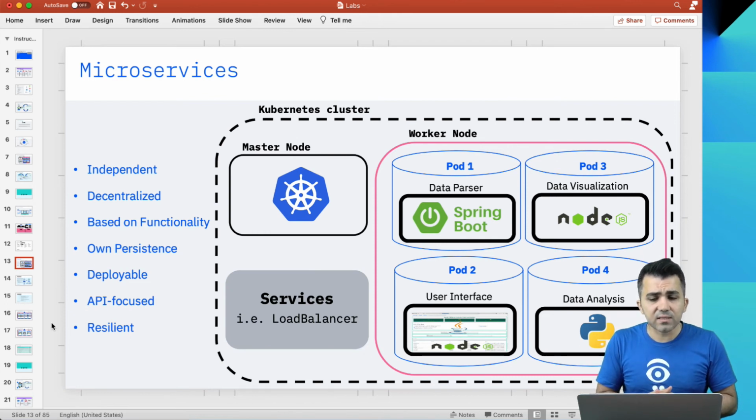As I told you earlier, we've got every microservice running in a pod within our Openshift or Kubernetes cluster, and each one of these pods or microservices is independent, decentralized, and based on a specific functionality. So the data parser is just a data parser, it doesn't do anything else. Our data analysis is just a Python program for analyzing data. Visualization is the same, and the user interface is exactly the same.